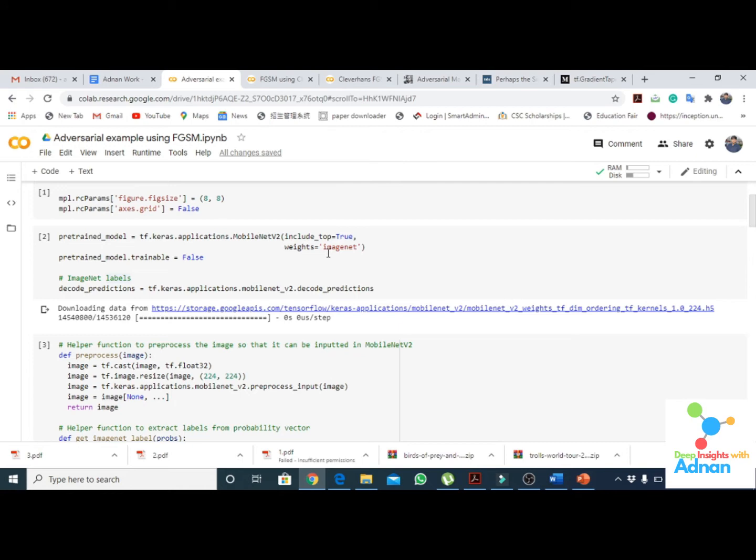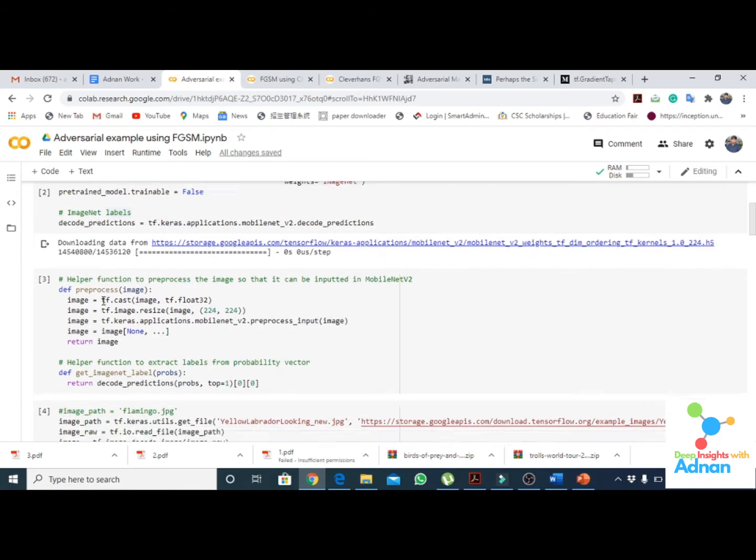So we are using the ImageNet classes, and from tf.keras.applications we call the MobileNetV2 model and use the pre-trained model weights, so there is no training. In decode predictions we are taking the labels of the ImageNet classes.